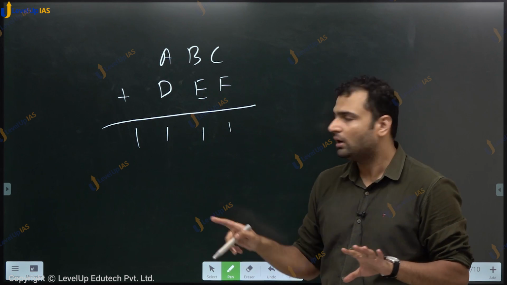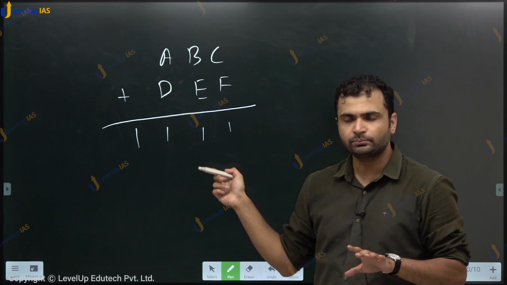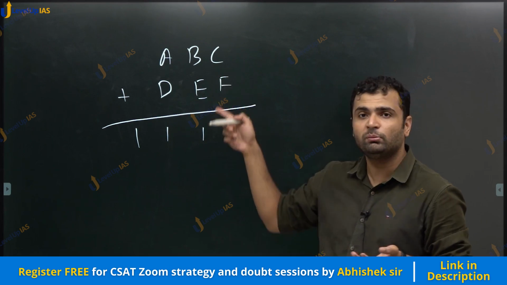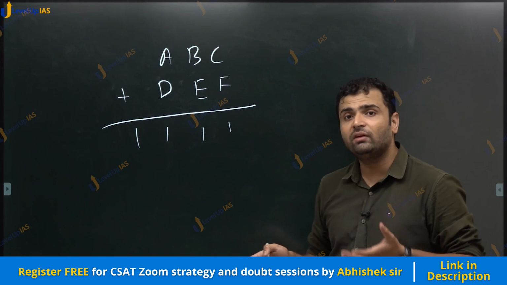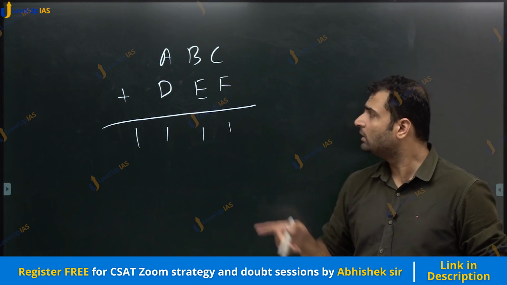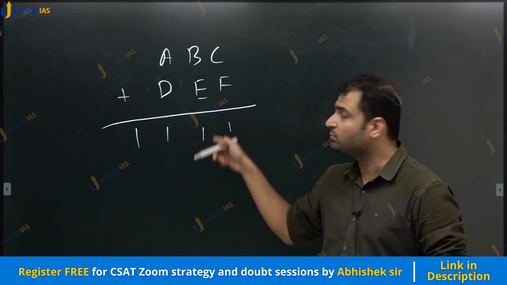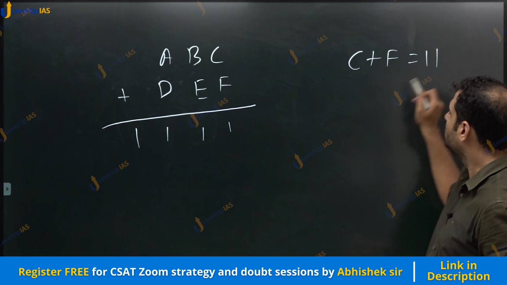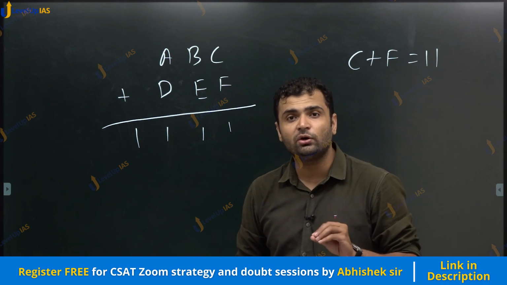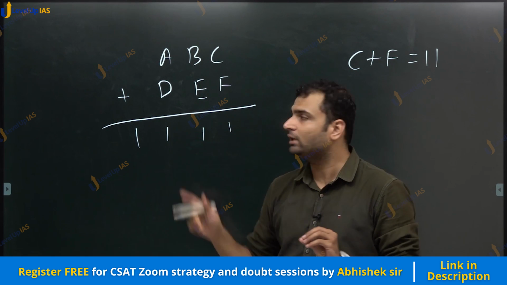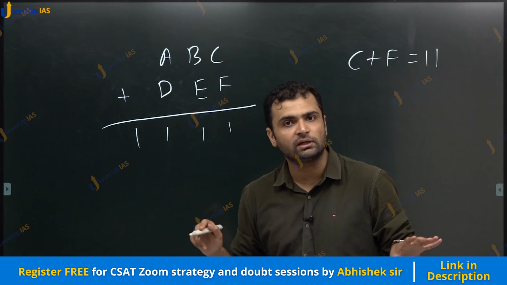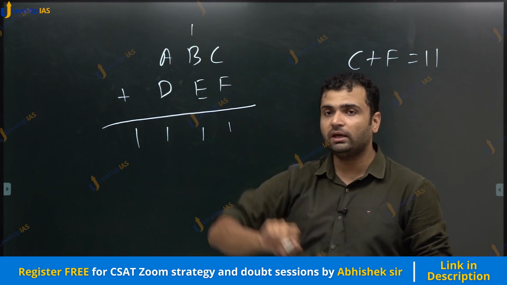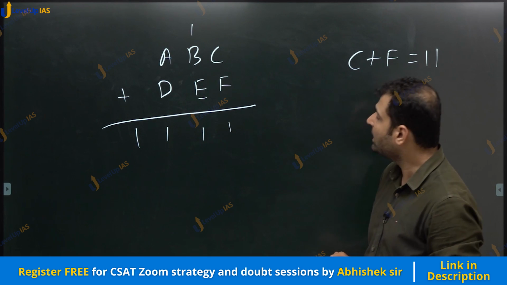अगर 11 आ रहा है तो कैरी फॉरवर्ड होगा वगैरह. Can this 1 come from 1? वो कब आएगा? 0 + 1 या 1 + 0 से ही आता है 1, but we are given that these are non-zero, so this C plus F is equal to 1, this must come from 11, तो C plus F 11 ही होना पड़ेगा, क्योंकि ये distinct non-zero हैं और दोनों में से एक भी zero नहीं है, तो 0 + 1 या 1 + 0 हो ही नहीं सकता, इसलिए C plus F 11 होना चाहिए। 11 होगा तो यहां पे एक कैरी फॉरवर्ड जाएगा।